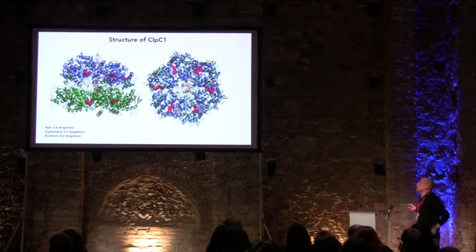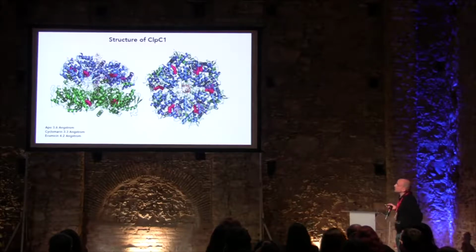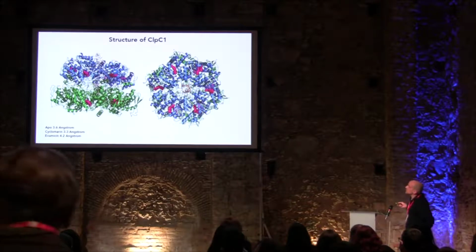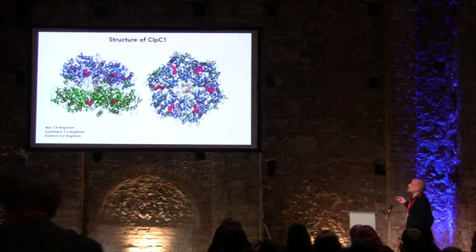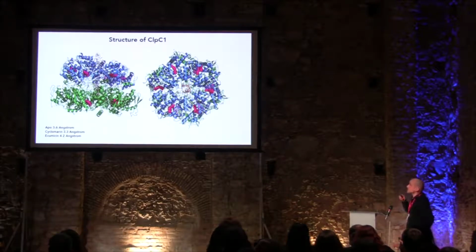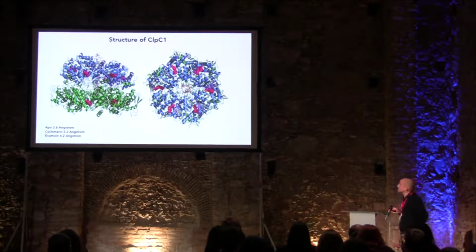You see the D1, D2, you see the nucleotides bound, you see 6 nucleotides in the D1 ring, 4 in the D2, and spectacularly you also see a full peptide. This was unexpected, but it was already reported in the literature for proteins of the same family. You also see the tyrosines of the binding loops surrounding these peptides. So this is basically a snapshot of our machine working. Okay? Sadly, we don't see the NTDs.